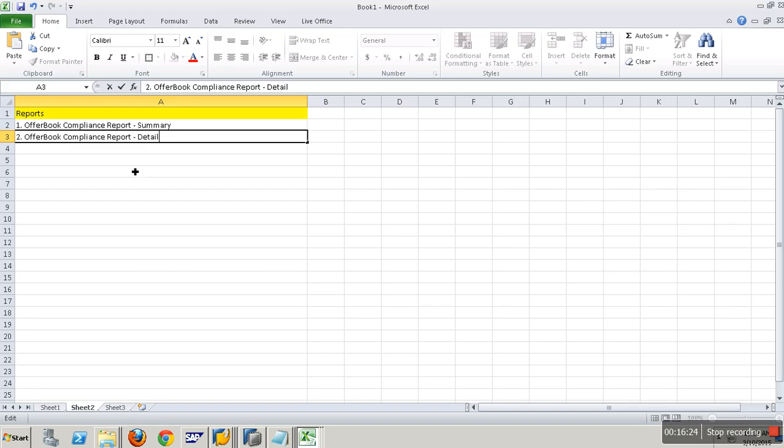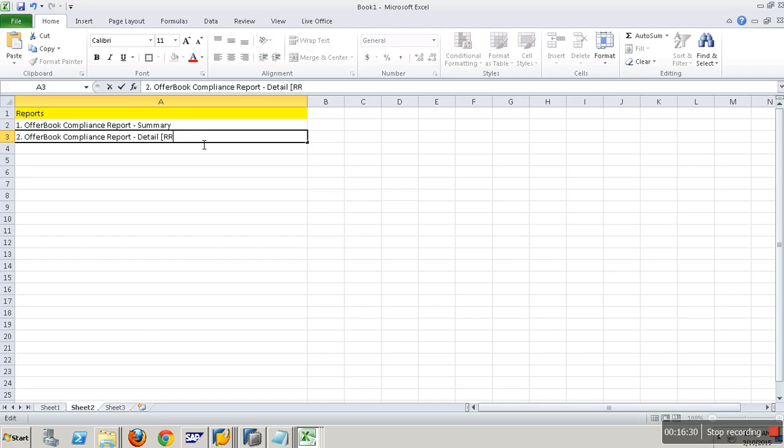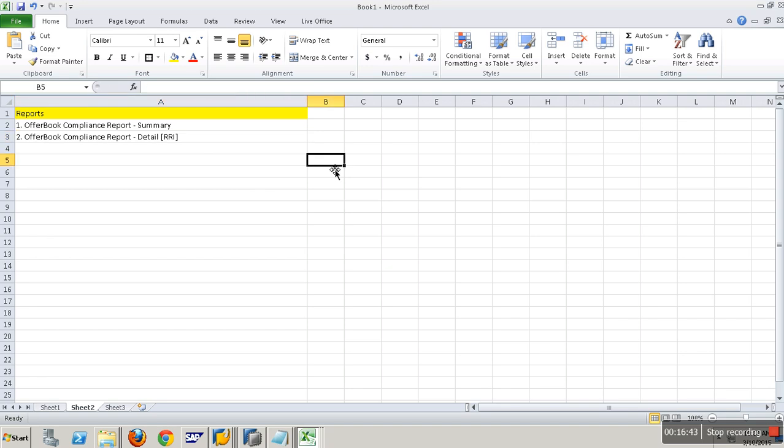Offer book compliance report detail. These are the first two reports, and this is an RRA report. First, he has to see a summary. From the summary, he'll jump to a detailed report. Now, in the summary report, basically, I'm expecting the following.